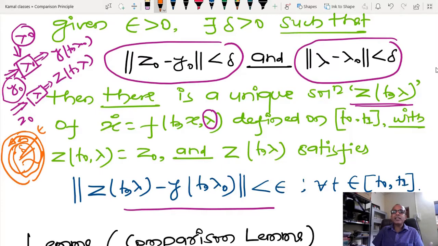And what is the assumption? The assumption is very simple: the vector field should be piecewise continuous or continuous in t, x, and parameter variation. Why parameter variation? Sometimes parameter variation is a function of x as well as t, so people take that kind of assumption. So if the parameter is not going to vary much, then the solution is also not going to vary much. That is the meaning of the dependence of the solution on initial condition and parameters.